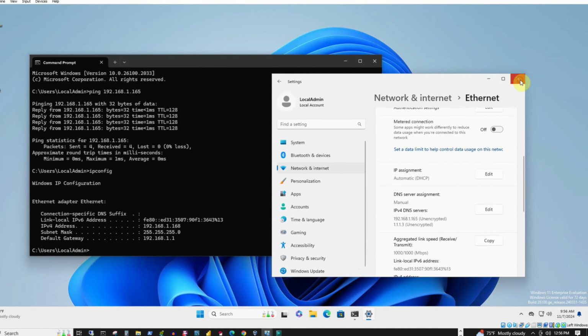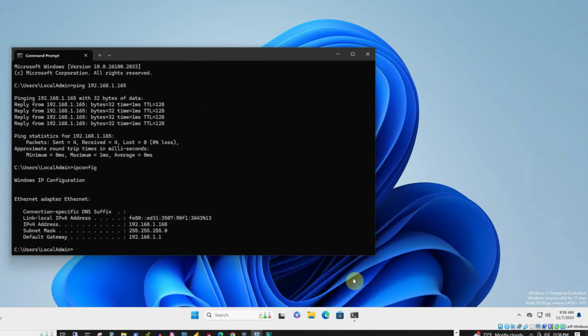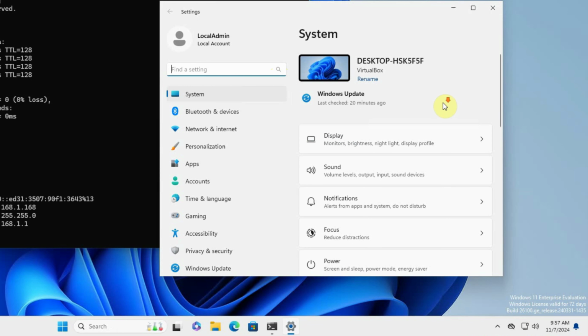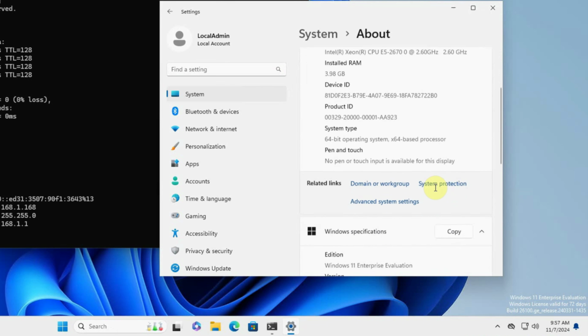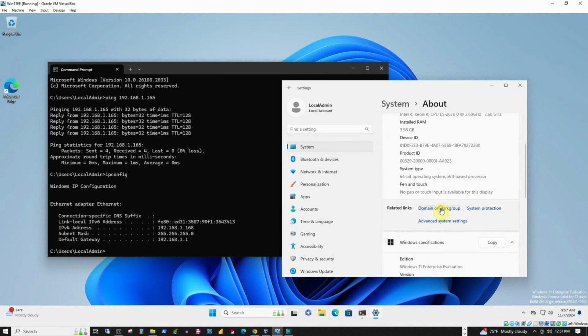Now close this window, and now we are ready to add this Windows 11 VM to our domain. To do that, we'll click on the Start menu again, then go to Settings and scroll down in the right hand side pane. Under System Properties, we will click the About option here, then scroll down. Then under Related Links, we see this Domain or Workgroup. Click on that,